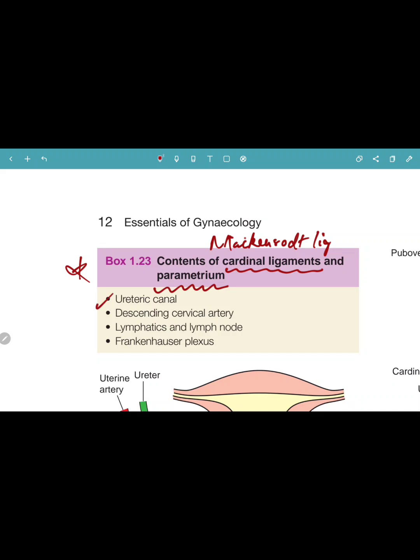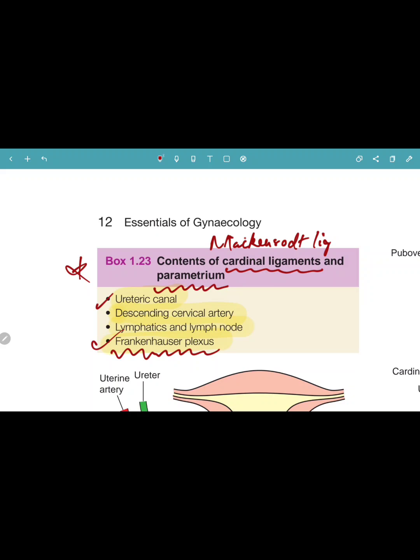Then you have the descending cervical artery, lymphatics and lymph nodes, parametric lymph nodes, and Frankenhauser plexus, very important. So the ureteric canal, parametric lymph nodes and other lymph nodes, and Frankenhauser plexus are the contents of the parametrium and